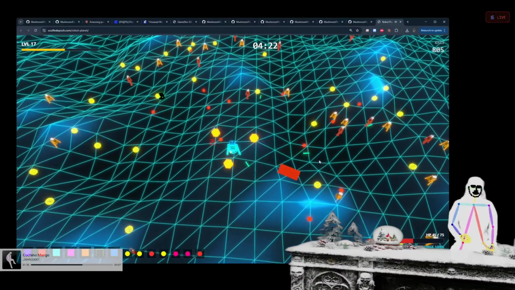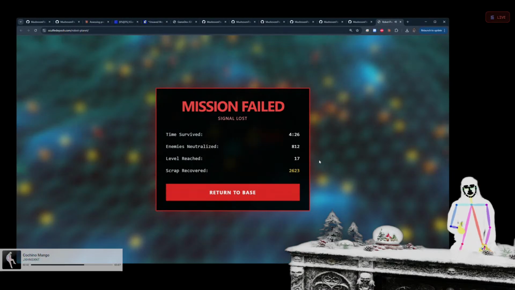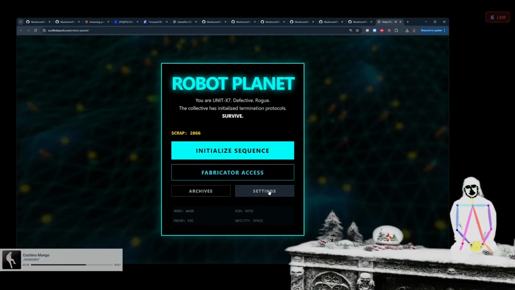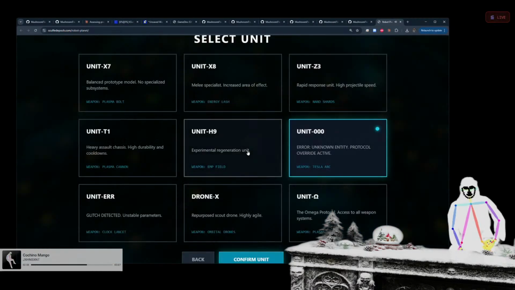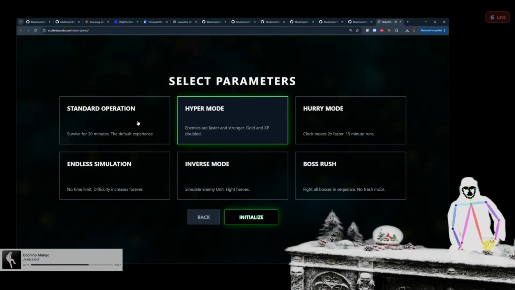I feel like I should let myself die just to show you can actually die. A lot of my games, they're tech demos, so you can't really die, guys. It's just there to have fun. But yeah, if I show a completely different unit, so that's the default unit on